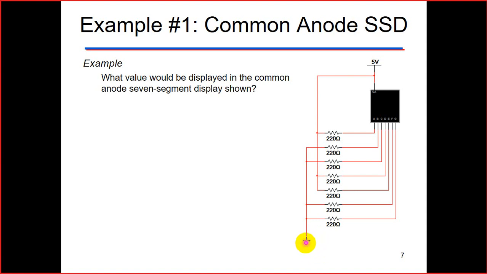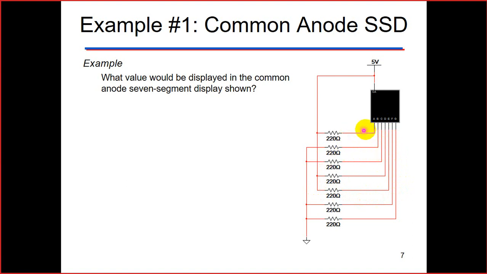So when this is grounded, look at over here. This segment G is grounded, so it is on. Segment G is on. Which are grounded? Segment F is on because it is grounded, and this particular segment E is not. Segment E is off. Segment D is off. Segment C is off.